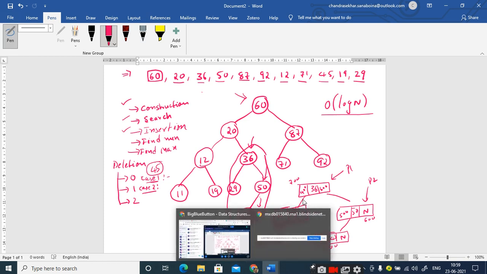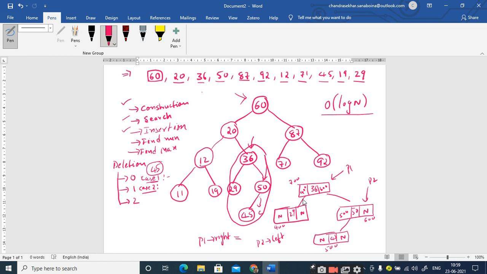So what happens here? P1 arrow right means this part. It is overwritten with P2 left, that is 500. Therefore you just change this address from 600 to 500. When this happens, what is going to happen? This link is broken and this link is also broken, right? And we have a link like this. I think this link is not broken. So you can make use of the free operation to free this. That's it. Is it right or not?